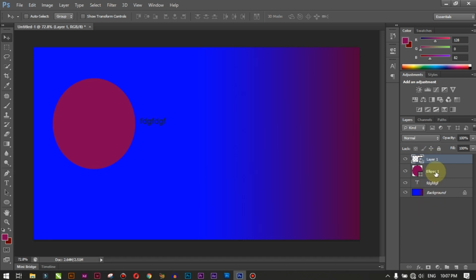The way layers work is that you work in a hierarchy format. Whichever layer is on top is going to be literally on top. It's going to be more visible. If you stack an object, if you stack